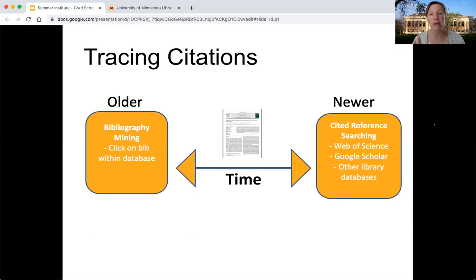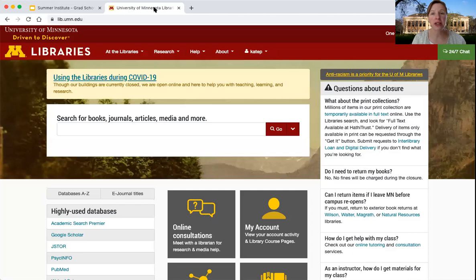Librarians like myself sometimes call that cited reference searching. And two of our major tools are called Web of Science and Google Scholar. So now I want to just walk you through a quick search, and then I want to give a demonstration of how to easily use these tools to make these connections between the citations. So I'm going to start at the library homepage,